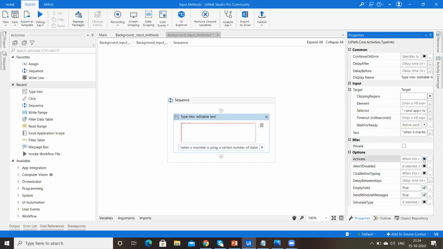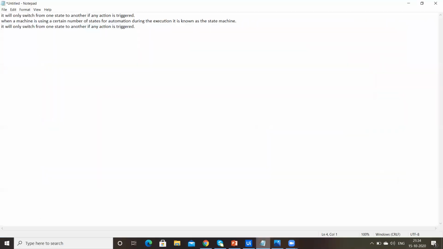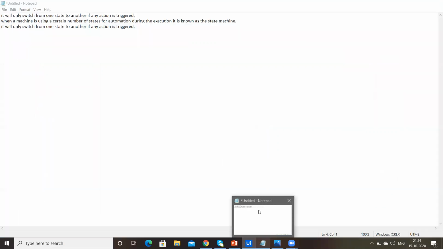I uncheck this activate button because if I check this, it will activate and work. But it is working in background execution. So that notepad is not visible on the screen.